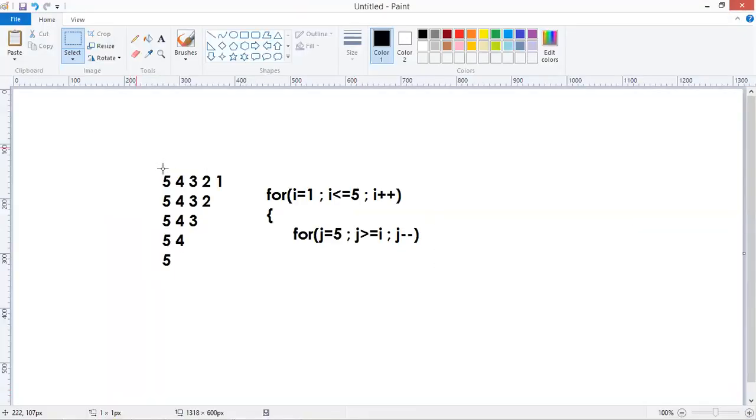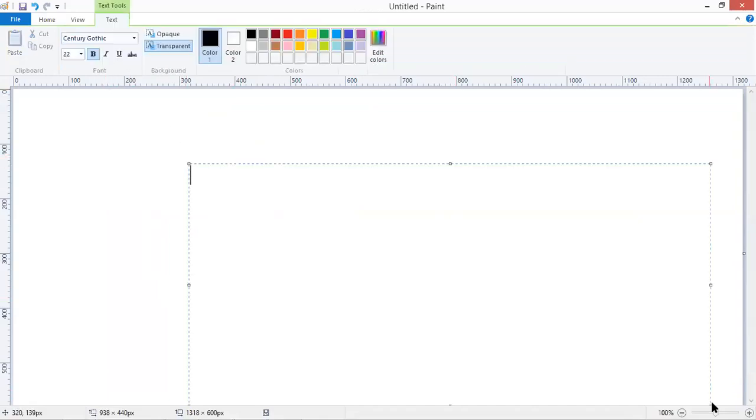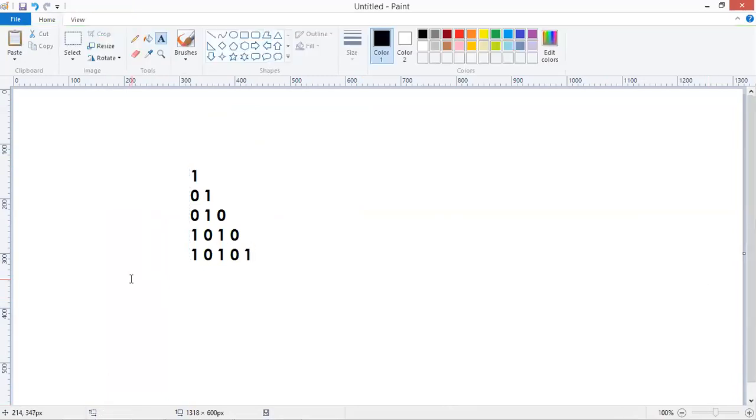The pattern is the same pattern only, but here it starts with 1 0 1 0 1 0 1 0, like this. It's asking like this.